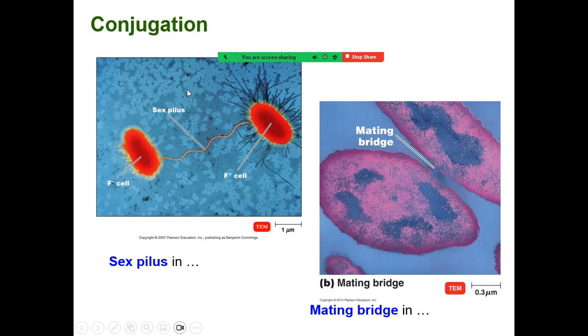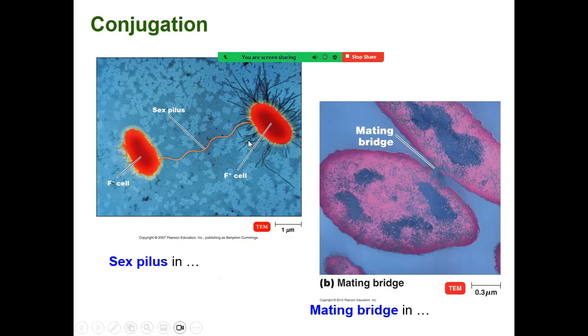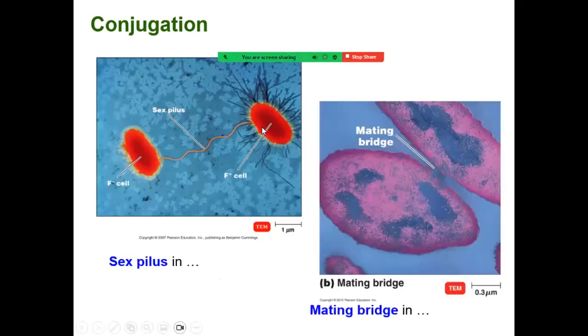Let's talk about sexual conjugation in a little bit more detail with the gram-negative cells. As I stated, the sex pilus from this cell, the F+ cell, makes the sex pilus, which then skewers this cell. And usually they're not this close when they skewer, they're far away like this. And then the sex pilus acts like a winch and can bring the two cells closer together. They do not have to be this close together. The sex pilus is hollow, and the DNA plasmid from this cell can move into that cell